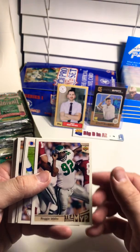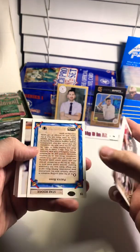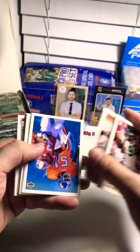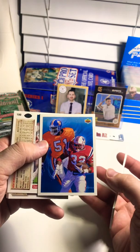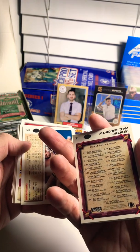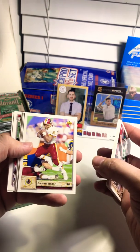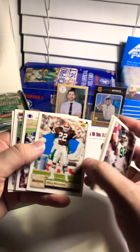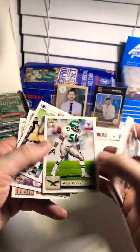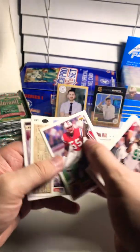Reggie White, Ronnie Pete, Mike Merriweather, Patrick Rowe, Matt Darby, and first art card checklist, all rookie team checklist. Rod Bernstein, Ernest Byner, Vince Newsom, Simon Fletcher, William Thomas, Dalton Hillard, Chris Singleton,